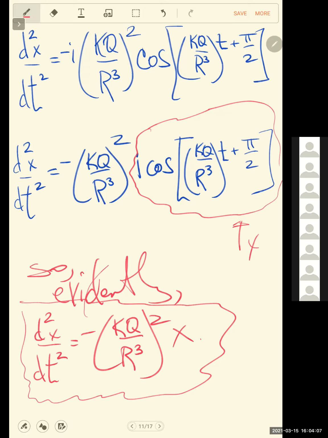Now, in the first problem, I would go back and compare this to the given differential equation and say, is this the original differential equation? If so, then the answer is yes, and if not, not. But here, they're just asking, is this thing a harmonic oscillator? Well, I'll just say the answer is yes.